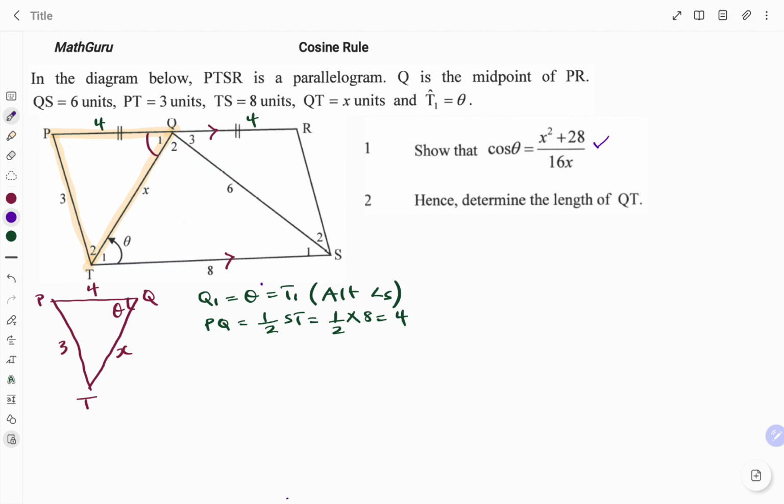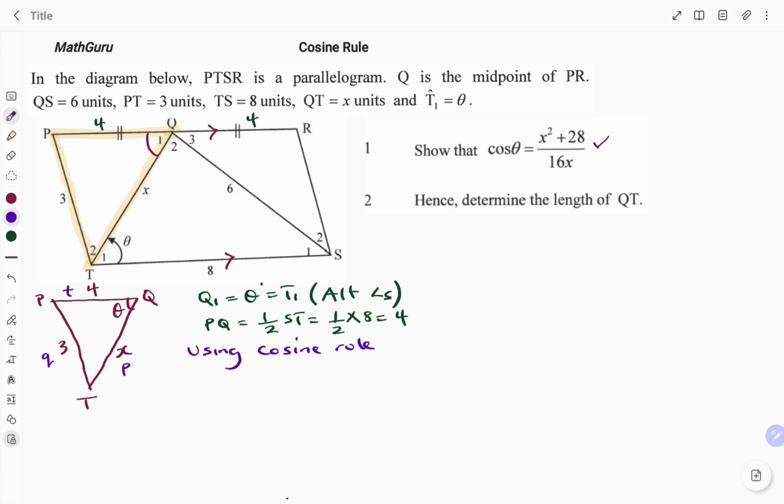I'm going to use the cosine rule again. I start by tagging all my sides. The side facing my angle Q is my small q. The side facing my angle P is my small p. And the side facing my angle T is small t. So because I have the reference angle at Q, I start with the side facing the reference angle, which is